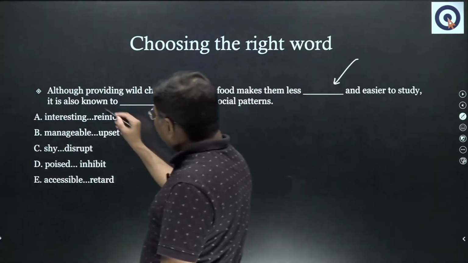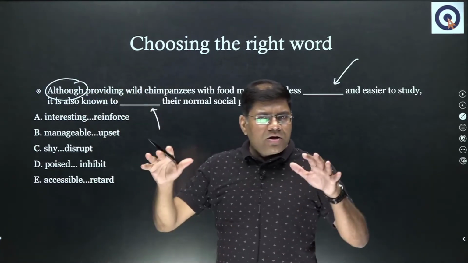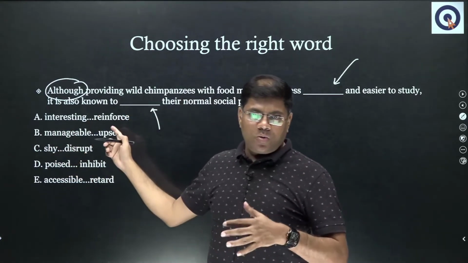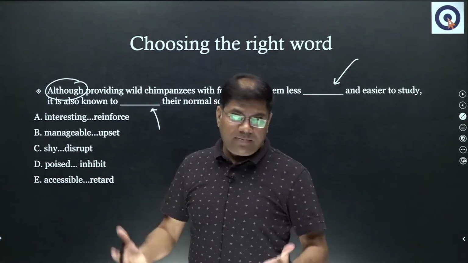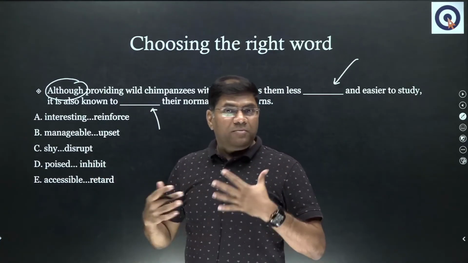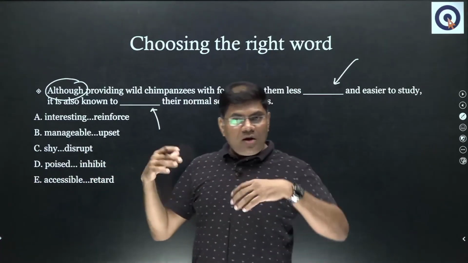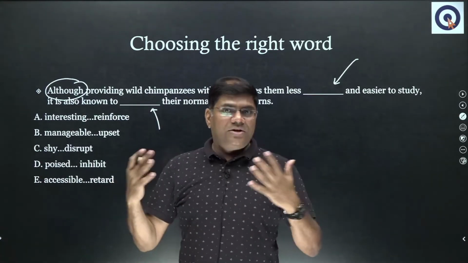So the first thing is, when you look at the word although, it means that you are trying to bring two contrasting ideas. That is the purpose of the conjunction although. For example, although I am rich, I am unhappy. Although the paper was easy, I don't think I will score good marks. So whenever you put the word although, you bring two ideas which are slightly contrasting in nature.